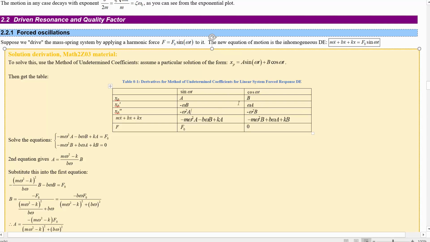I find this a convenient way to come up with the derivatives when you're doing the method of undetermined coefficients, because you can just kind of map out the relationships. So you say, when we do a derivative, then sine will go to cos, and cos will go to negative sine. So to calculate and fill out this table, you just say, all right, we got a, and then the next derivative will have